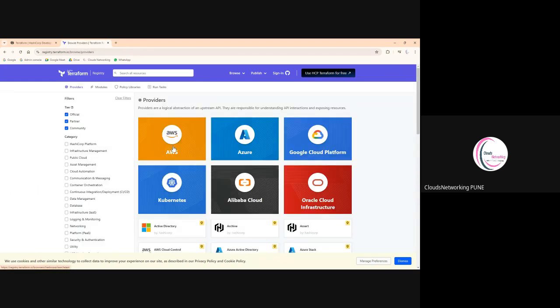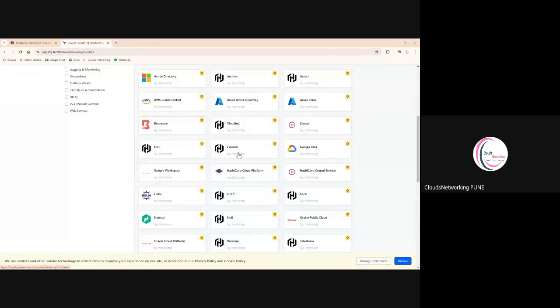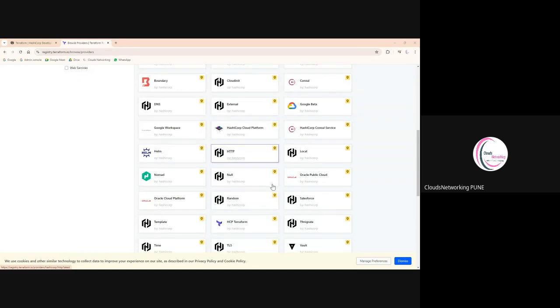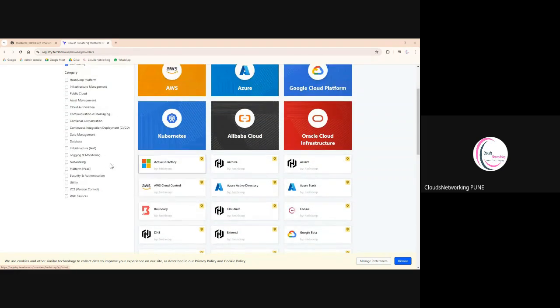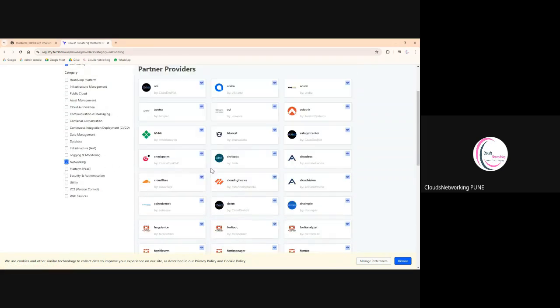ठीक है ना, तो यहाँ पे देखो प्रोवाइडर्स, देखो टेराफॉर्म आप एडब्ल्यूएस के साथ काम कर सकते हो। एडब्ल्यूएस में जितनी भी चीजें आप फिजिकली कर रहे हो, यू कैन गो अहेड एंड डू इट थ्रू टेराफॉर्म एडब्ल्यूएस। अज्यूर, क्लाउड, अलीबाबा, कुबरनेटीज, ये जितने भी आपको दिख रहे हैं ना यहाँ पे लिस्ट डाउन हुए हैं, सबके साथ आप काम कर सकते हो। इंक्लूडिंग आपको आपका सिर्फ नेटवर्किंग यहाँ पे सेलेक्ट कर दो। आप बोलो चेक पॉइंट के साथ मुझे एक रूल बनाना है, आप बना सकते हो। आप एवीआई